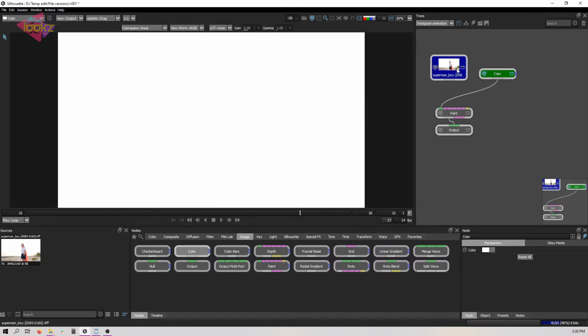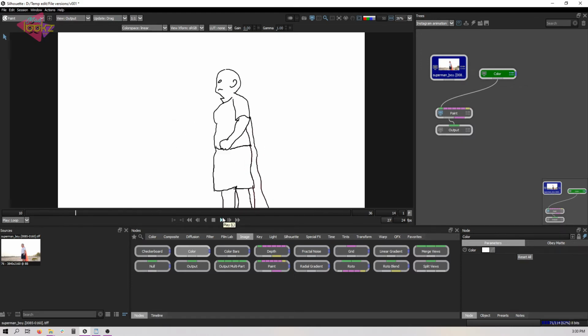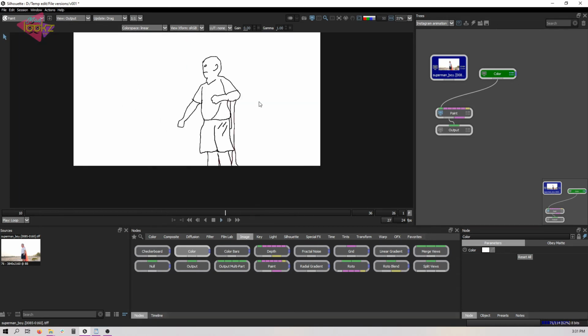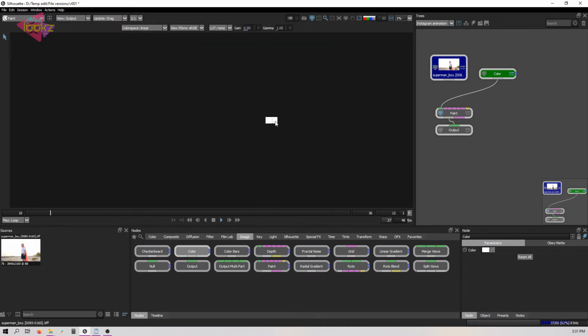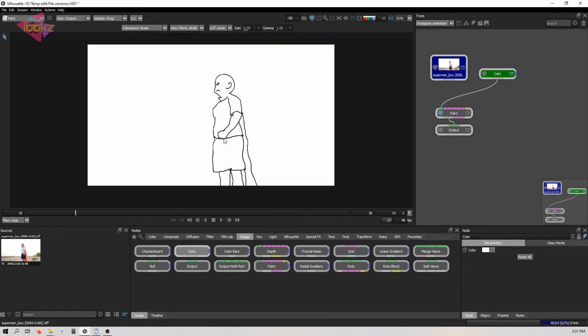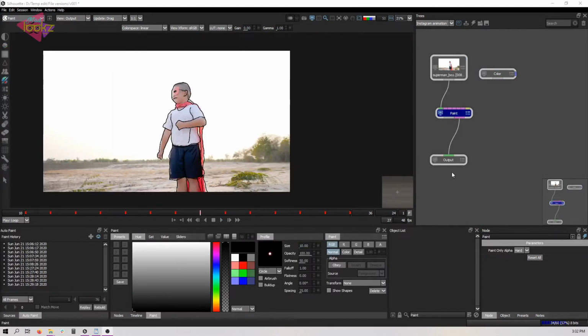Yeah, now we can see it's not that bad. Okay, yeah, it's good. Have you watched the Simon's Cat YouTube channel? He does a similar kind of animation with a character cat. Now you can see the animation is pretty good because I have changed the FPS to 12. Now we can see 48 frames. It will automatically skip the in-between frames. So that's it. That is the basic procedure of painting.